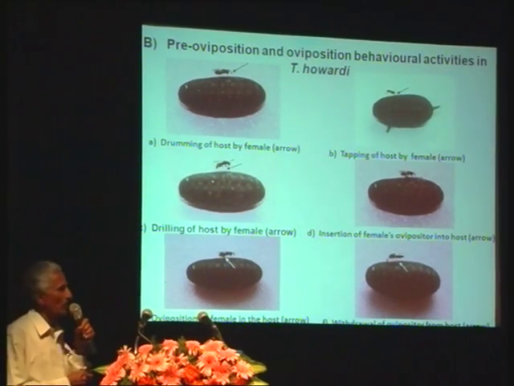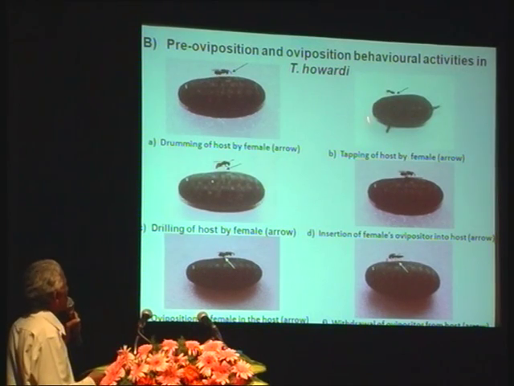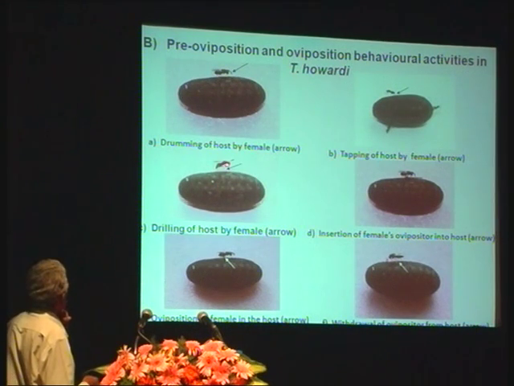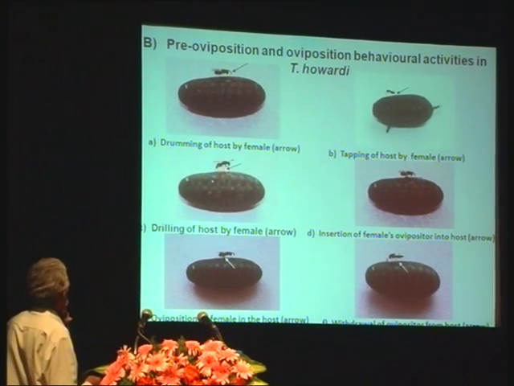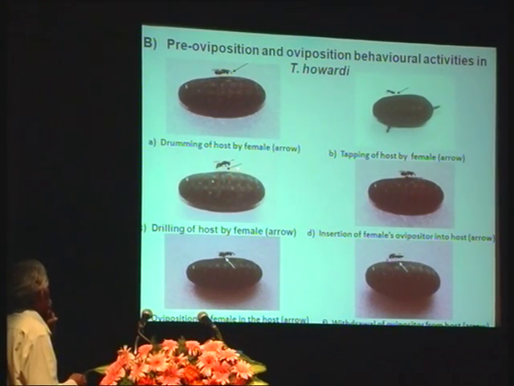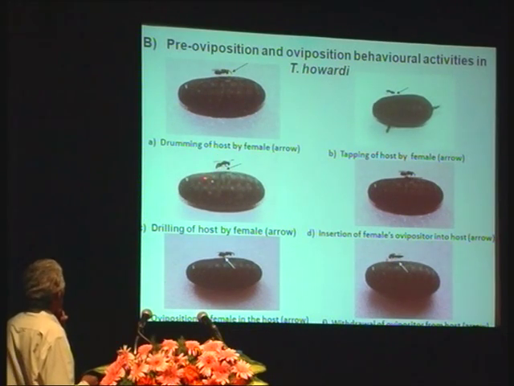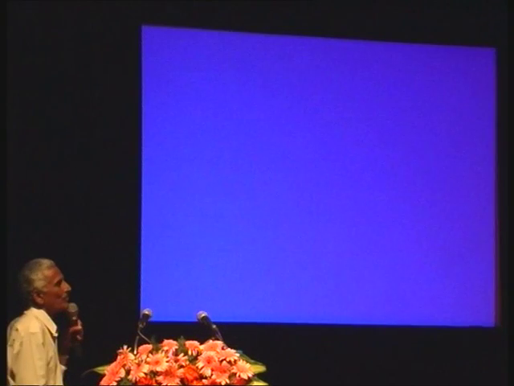So these are all the activities performed to know whether the host is fit enough for egg laying, or if the host is not fit enough, it will just abandon that host and move to the next host. Here is the third activity related to pre-ovulation. It uses its ovipositor, which is located underneath its abdomen, and it is just uncoiled and